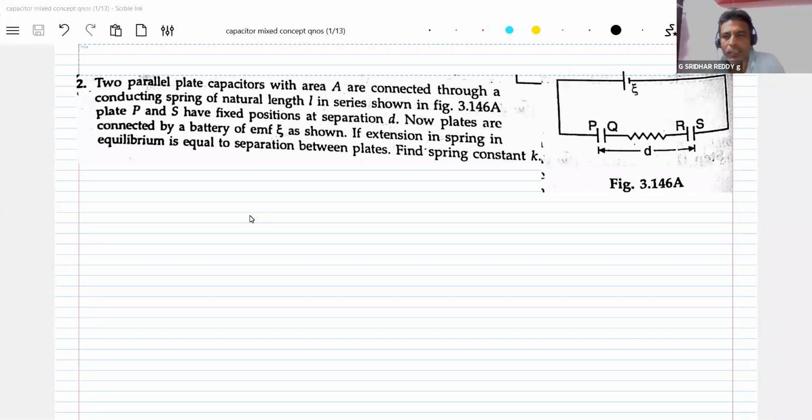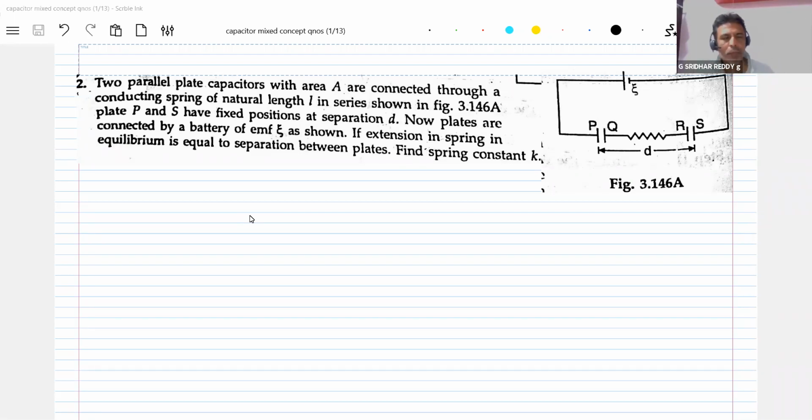So today we'll discuss the numericals related to capacitors and spring application. Then some work done by an external agent in changing the configuration of capacitance, like increasing the separation between the plates of an isolated capacitor, then a capacitor circuit connected to a cell. Then we will take some related numericals.